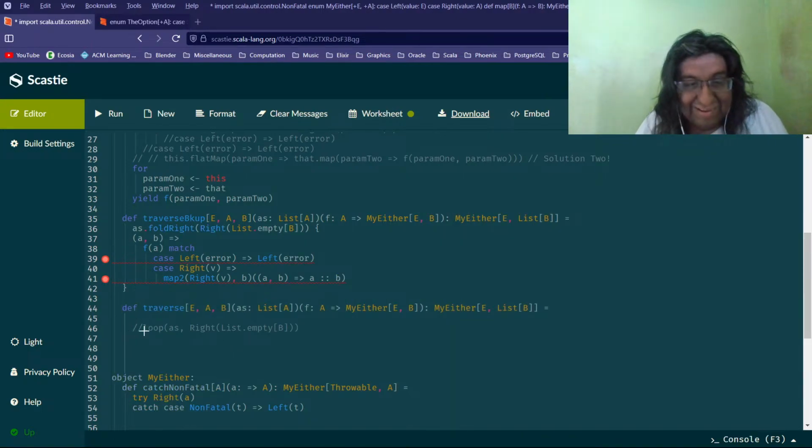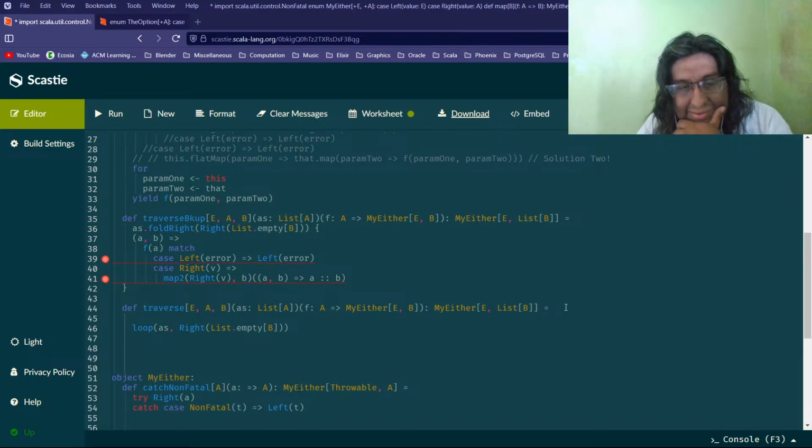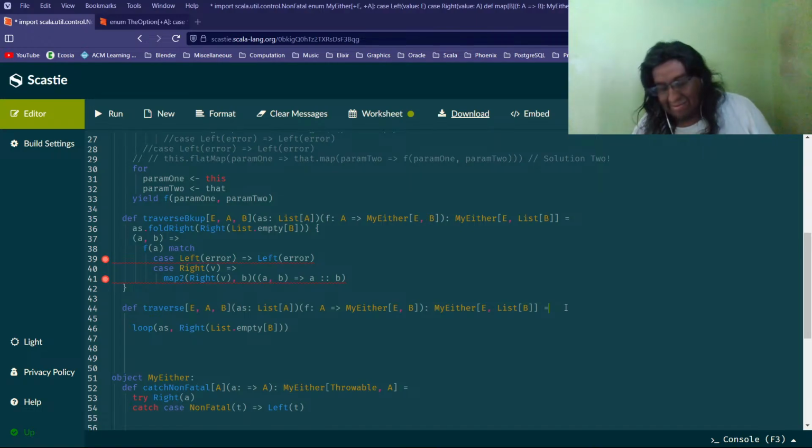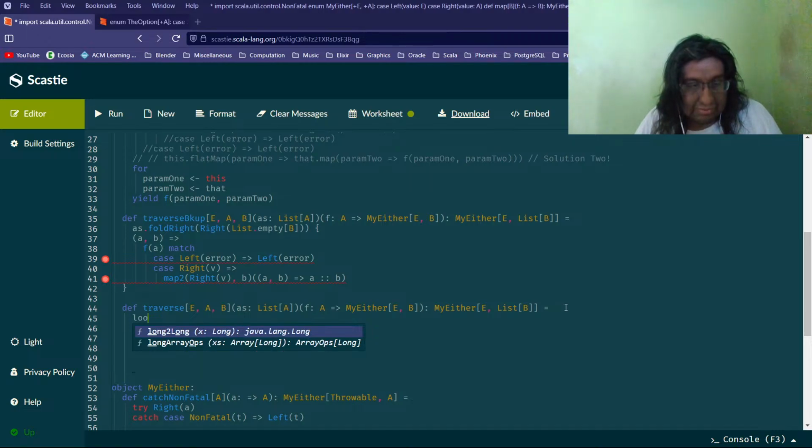I don't know if we are going to solve this. 70 minutes. Yeah, we should be able to do it. Look, yeah, that will be our... and let's start very basic with a loop function